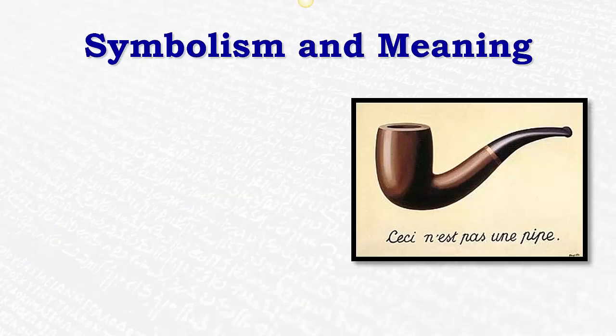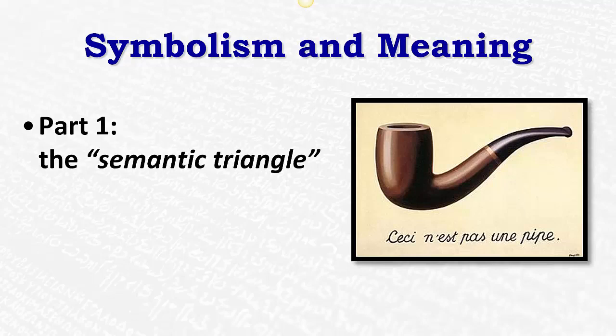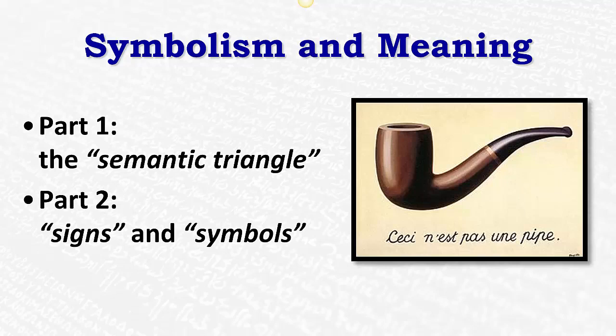So we're going to tackle this relationship between symbolism and meaning in two parts. In the first part, I'll share with you a model of communication called the Semantic Triangle, which helps us understand the relationship between representations and the things they represent. And then in the second part, we're going to take a closer look at signs, the representations of meaning, and a particularly important version of signs called symbols, which comprise much, if not most, of how we communicate with other people. But first, let's go back to the 1920s, the days of Reine Magritte's Treachery of Images.